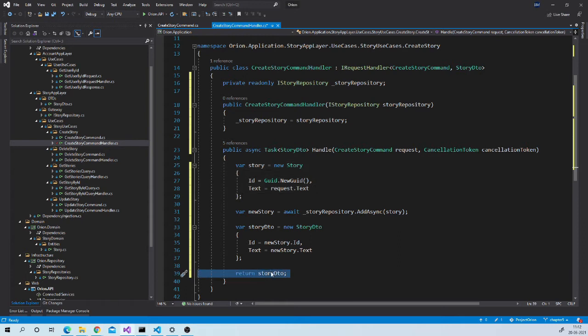Second thing, a few developers do not like to return anything from command handlers. But this example is more of a CRUD type and not so complex, so I decided to keep it simple. But you can go ahead and read more about CQRS in the link given below and try to follow rules that are suitable for your use case.